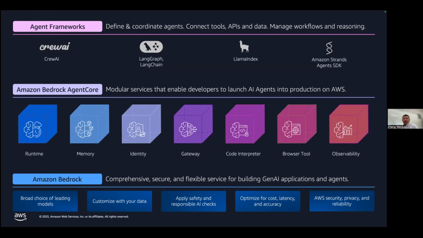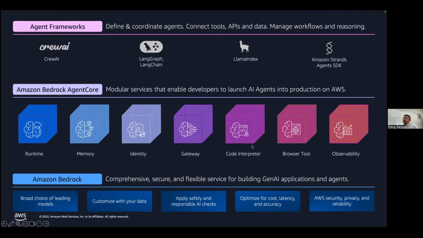So actually, we can expose any Lambda functions or OpenAPI interfaces as an MCP server using the gateway of Bedrock AgentCore.